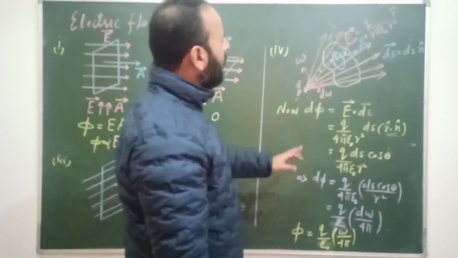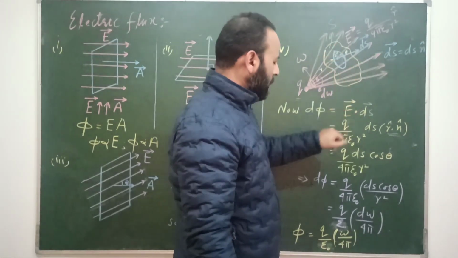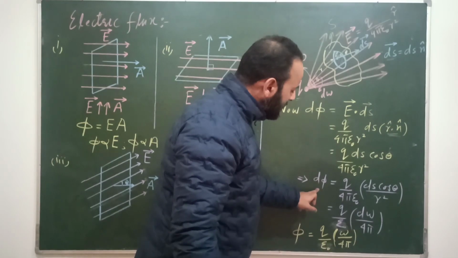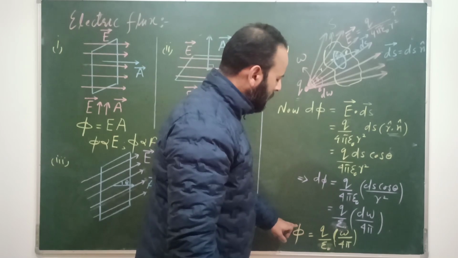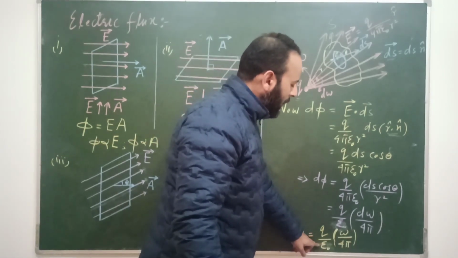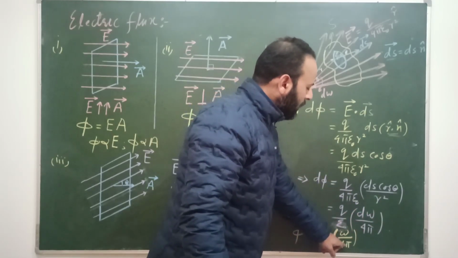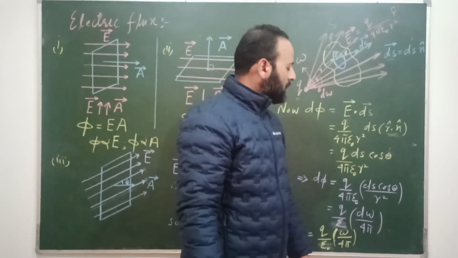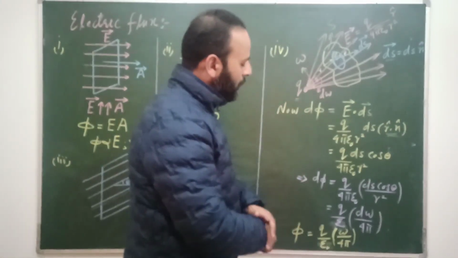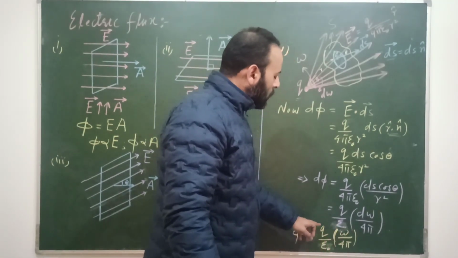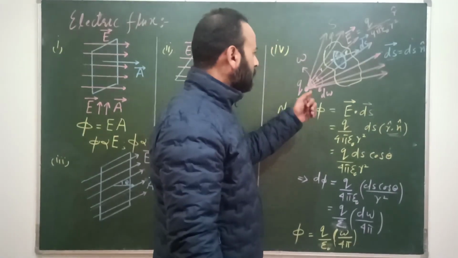Now, if we have to calculate the total solid angle subtended by the whole surface, that is this surface S, we will integrate over ds over the whole surface. So it is d phi over the whole surface, that is phi. It is q divided by epsilon naught. So the integral of d omega over the surface is omega divided by 4 pi, where 4 pi is the total solid angle subtended by a closed surface at point Q. So this gives us the relation to calculate the electric flux due to a charge through